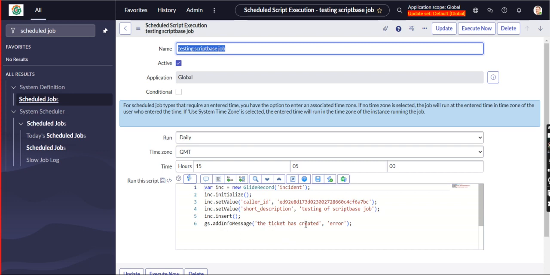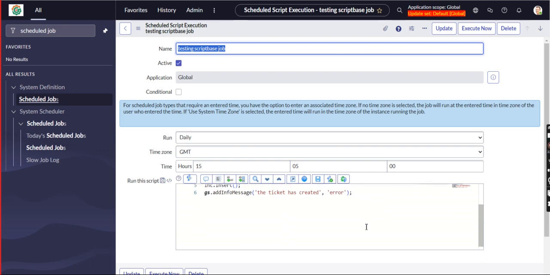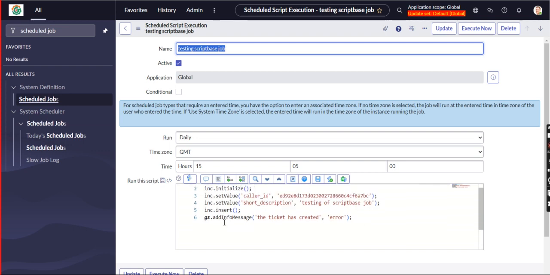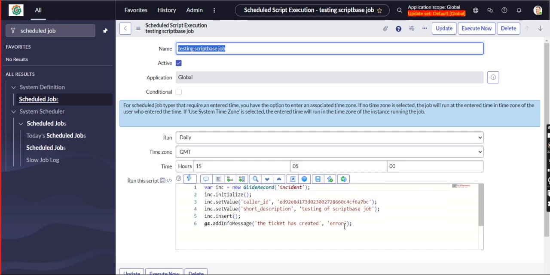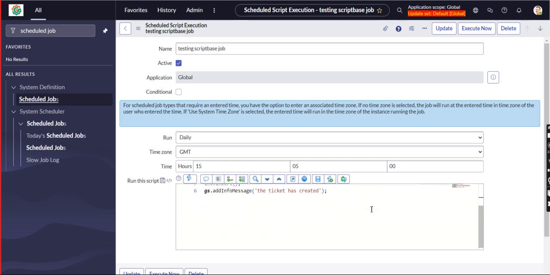gs.addInfoMessage the ticket has been created. Okay, error and with testing of script based. Okay, execute now.